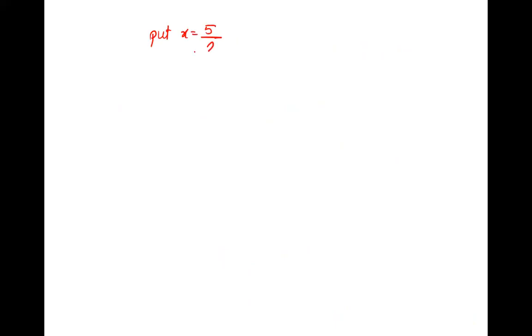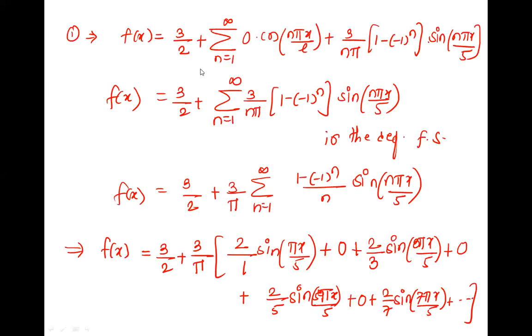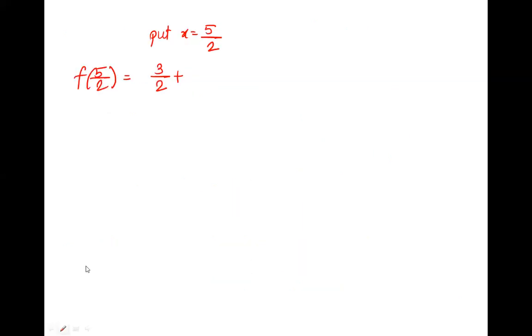So what we get is f of 5 by 2. f of x is equal to, what is that? 3 by 2 plus 3 by pi and 2. 2 can also come out. So 3 into 2 by pi. 3 into 2 by pi. And what is there inside? 1 by 1 now. 2 I have taken out. So 1 by 1